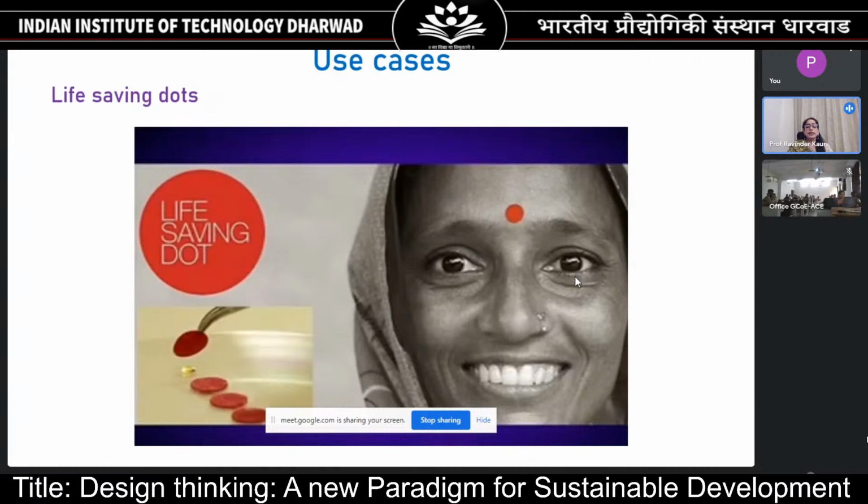Another very important and interesting example, which is being used right now in our own country, is the Life Saving Dots. A team from a social organization working as an NGO found that most of the problems occurred in rural areas. They found that there were many deaths of ladies at the time of childbirth or after that, and the reason they found was lack of nutrition and lack of iodine. So the first solution they gave was iodine supplements. But normally the ladies who worked in their farms or who were daily laborers would forget to